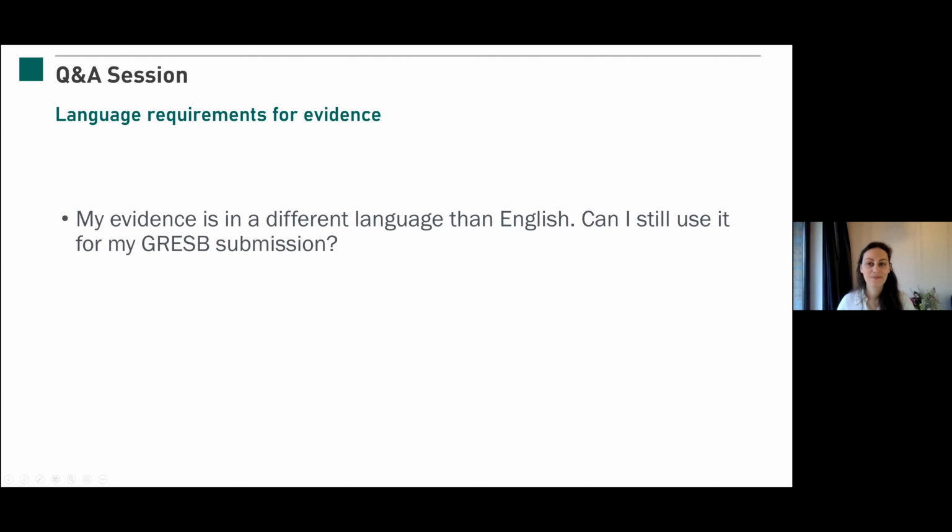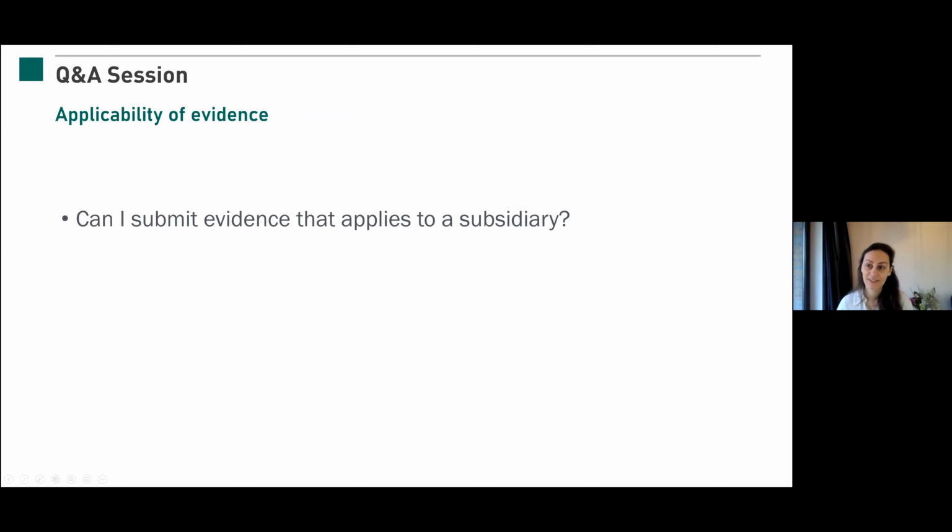Keep going. So one of the other questions we get a lot is on evidence and how it applies to the entity. So if you have a subsidiary to which the evidence applies, can you still use it to submit? Well, that's a great question, and it depends a little bit on how your entity is structured in relation to your subsidiary. If it applies to the subsidiary as a whole, you can use it to submit as evidence pieces. So we are quite flexible. It just needs to be very clear what applies to what and whether it applies to the entity as a whole or to the subsidiary alone. That's important for us to understand.